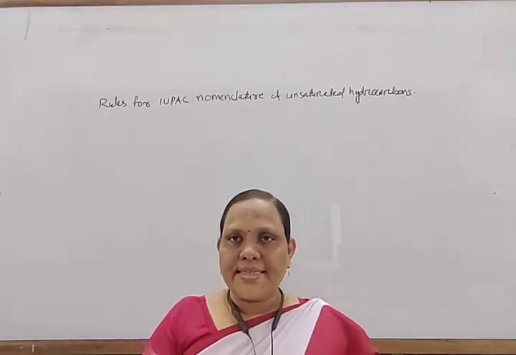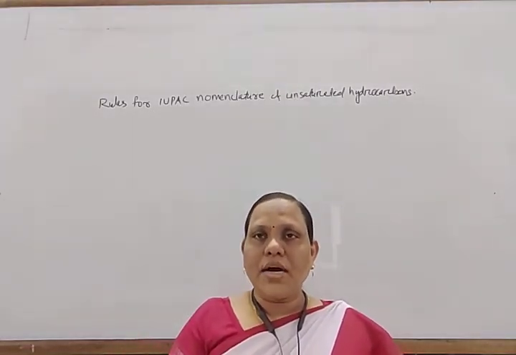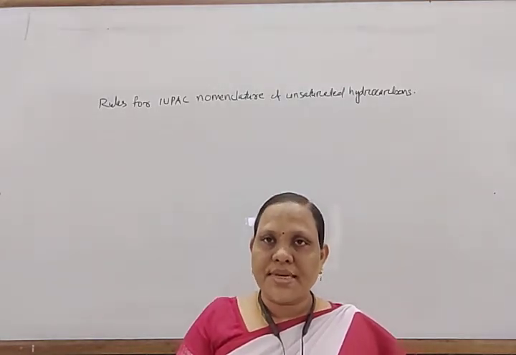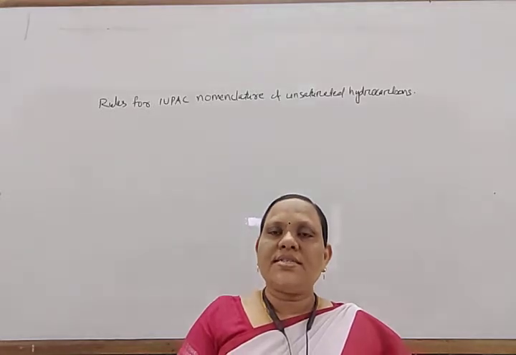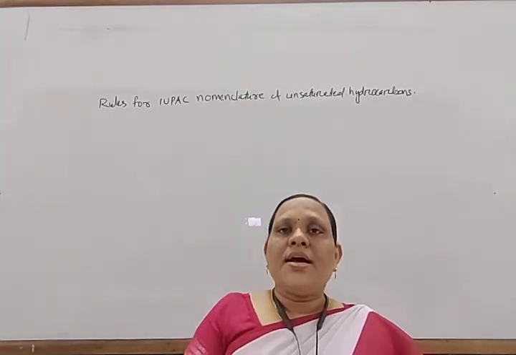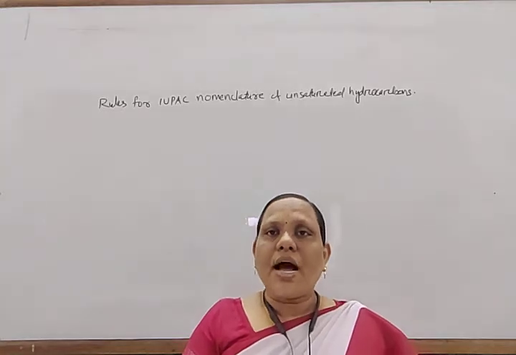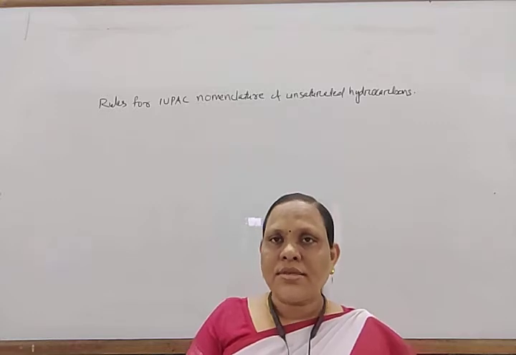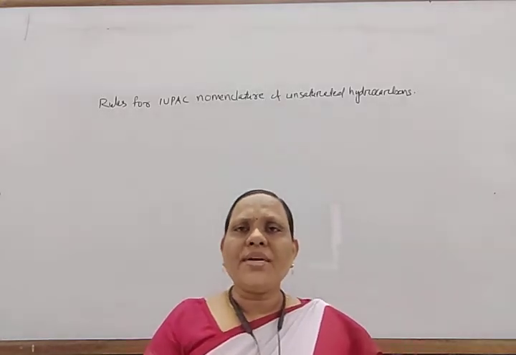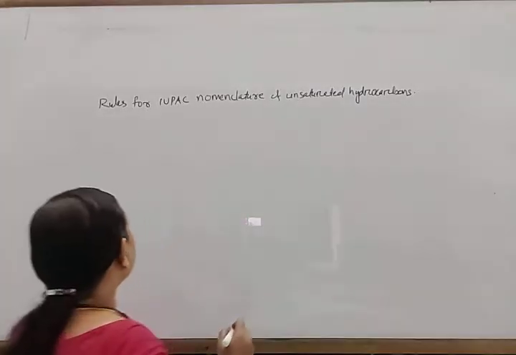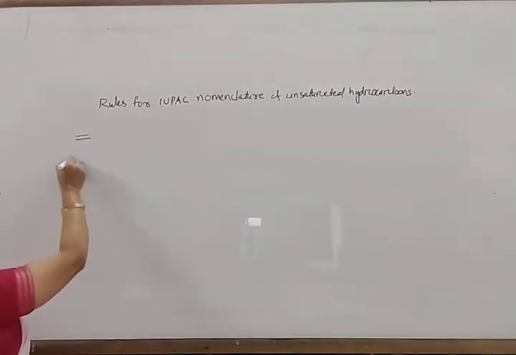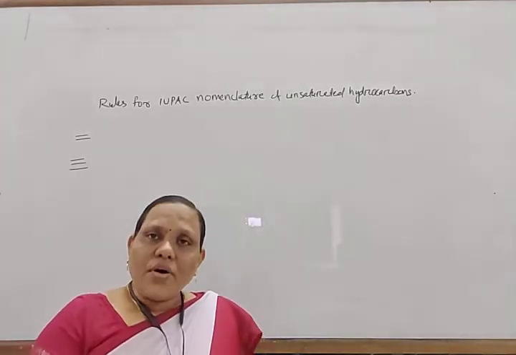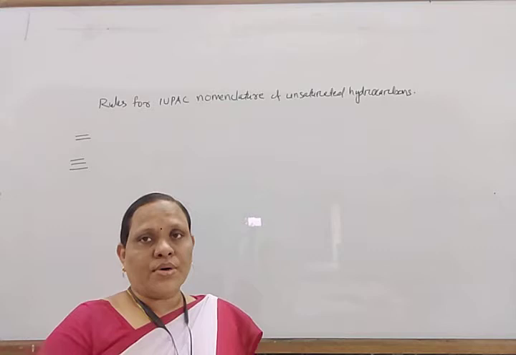Good morning, dear students. Last class we studied how to write the IUPAC name of saturated hydrocarbons, which can contain a long chain, either straight chain or branched chain. Now let us discuss how to write the IUPAC name of alkenes and alkynes. These are unsaturated hydrocarbons. Generally, an alkene contains a double bond and an alkyne may contain a triple bond. So in this step, first you have to choose the long chain which contains the double bond.